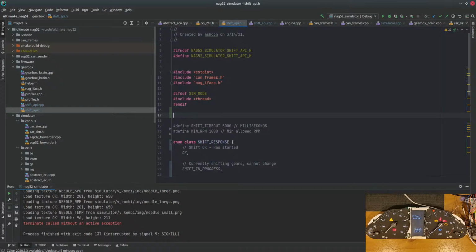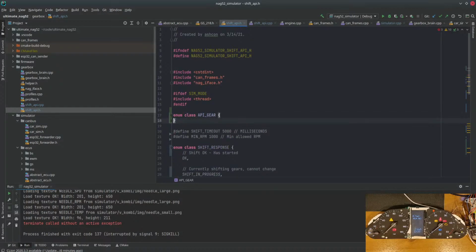No, that's going to get ugly if I do that. Enum class API gear, and we're going to say